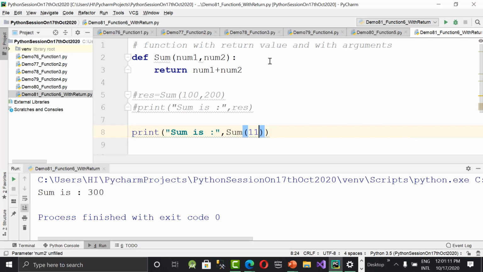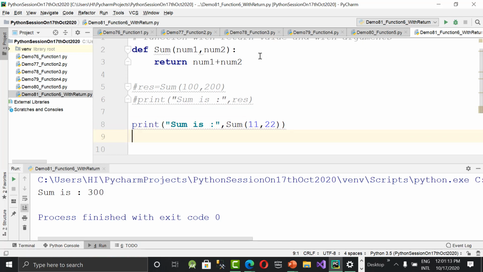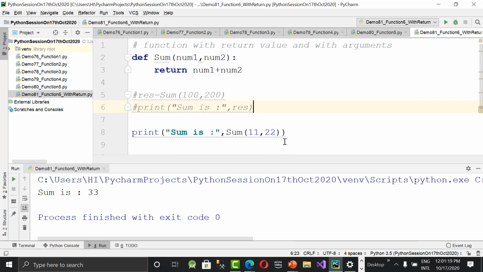So I don't want to waste my time; I want to call directly, which means you can pass it like this. Print message, whatever you want, is completely optional, comma, and then I'm passing the sum function inside the print function. But this is the important thing you need to remember: sum takes two parameters, so the two values will go there. The return value will come and print beside this comma. This is what happens automatically without taking an extra variable called res.